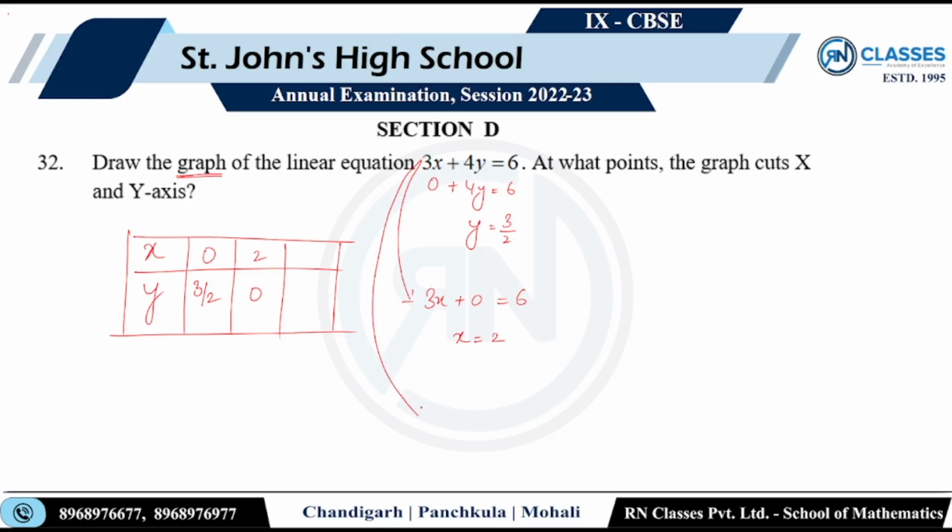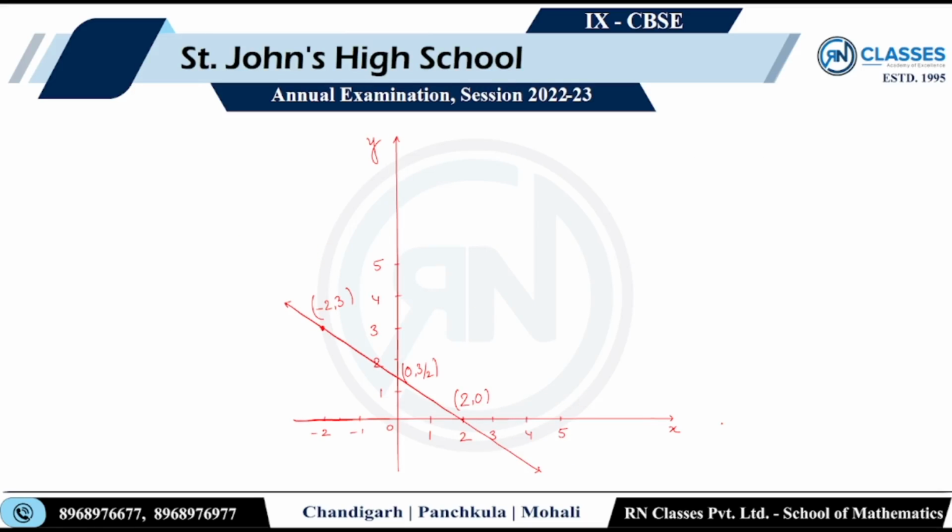एंड द वेरी लास्ट वन, लेट मी पुट x एज -2, तो मेरे पास y की वैल्यू आ जाएगी, बिल्कुल सिंपल. सो दिस बिकम्स -6, वहां जाके हो जाएगा 12, तो y की वैल्यू आ जाएगी, x की जगह -2 पुट किया, y की वैल्यू आ गई 3. This is how it is formulated. ये रहा आपके पास 0, 3/2, 2, 0, -2, 3. Now, cuts x-axis लिखना पड़ेगा. Cuts x-axis at 2, 0. Cuts y-axis at 0,